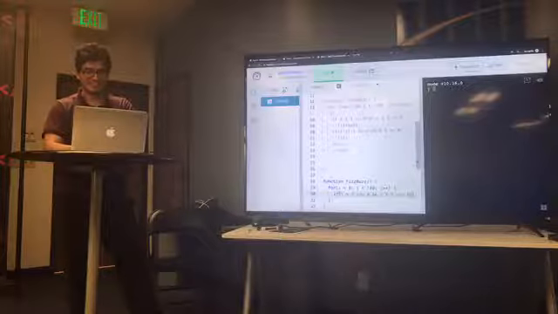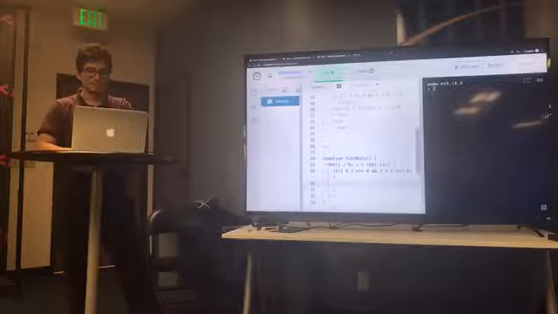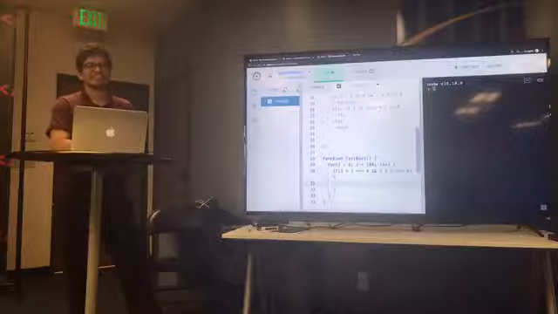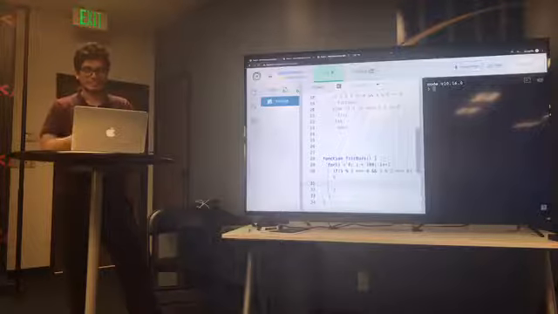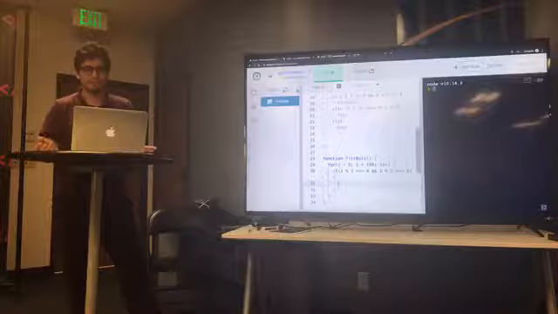Great job, Felipe. I noticed you used 3 equal signs. Can you explain why you did that? So, thank you, Mr. Interviewer. Two equal signs would check if the 2 values are equal, but 3 equal signs not only check for value, they also check for type.